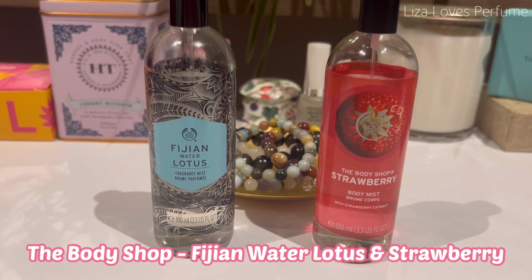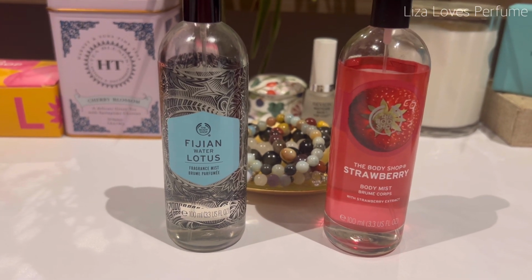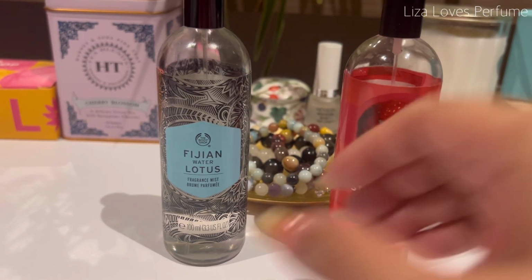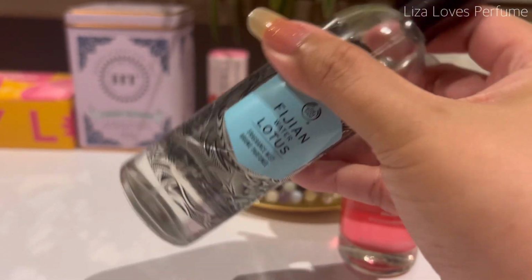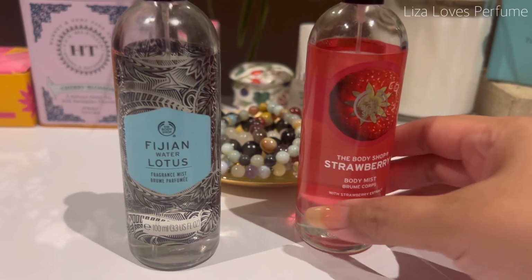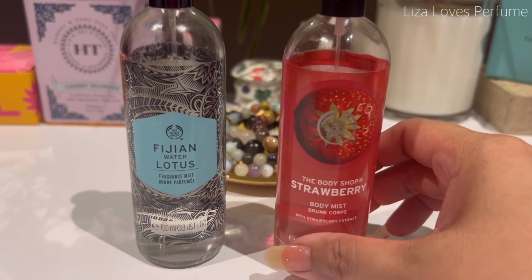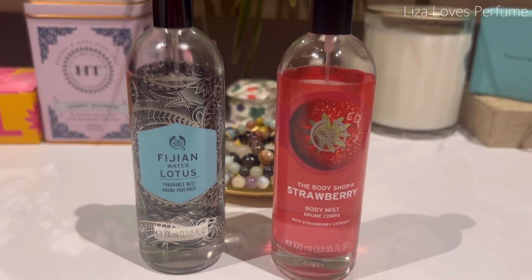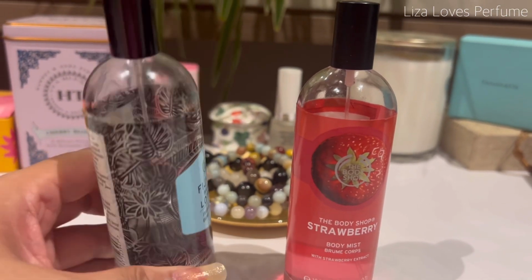And the last two are from the Body Shop. These are 100 ml body mist, fragrance mist, and I think I've gotten through them reasonably well. This is the older of the two and might be the oldest of the fragrances I'm using currently, and I love them, but I'm guessing you haven't really had a lot of super hot days, and that's why I haven't really been using these in the past summers. So in that way, I'm guessing I might get a lot more use of them